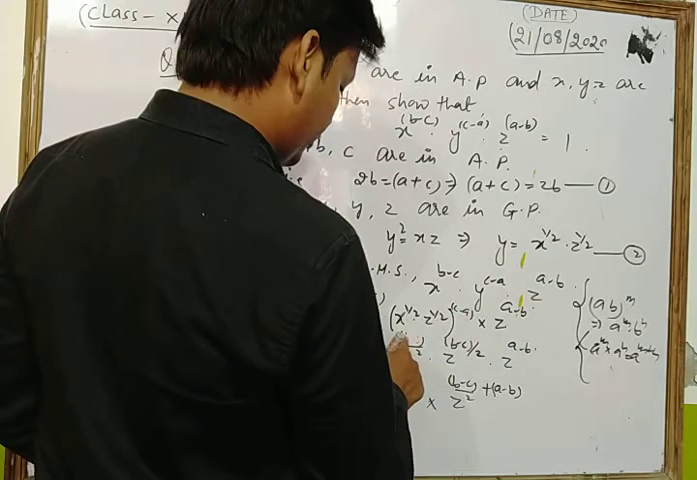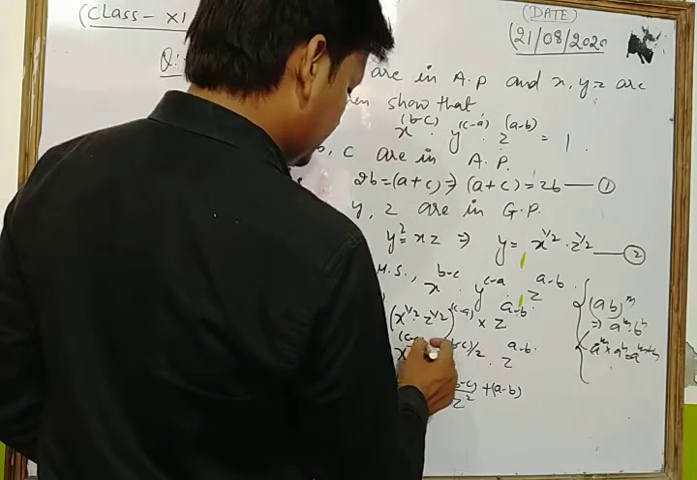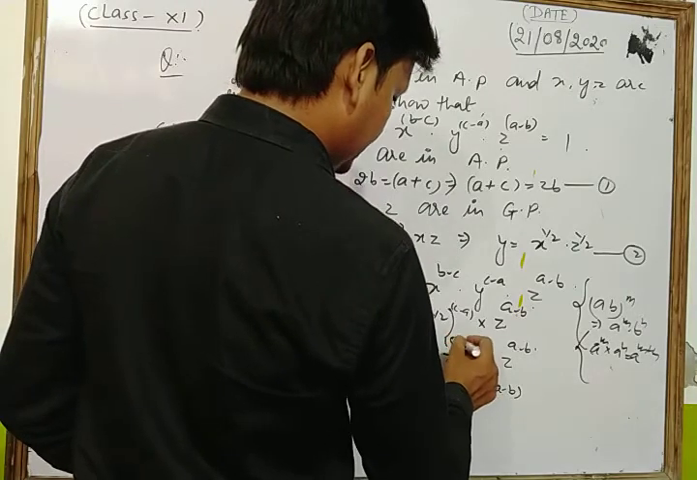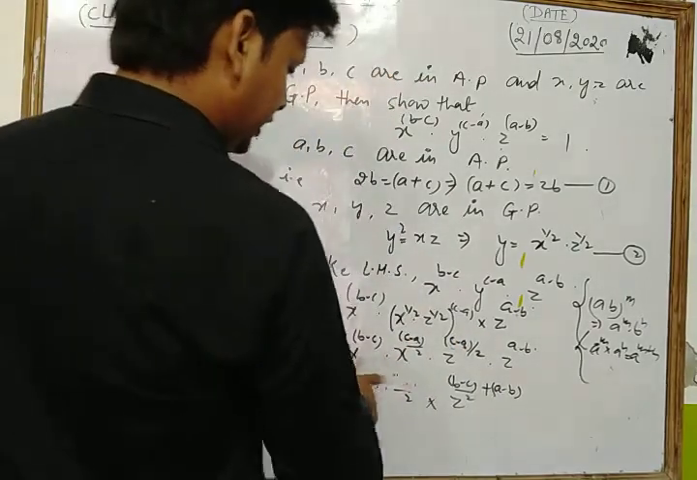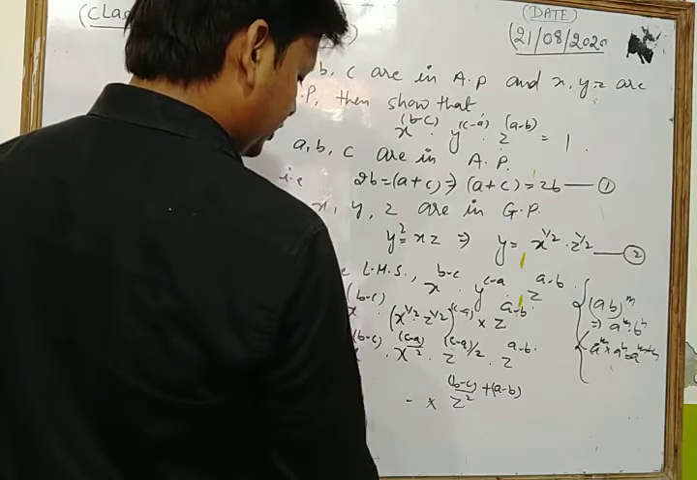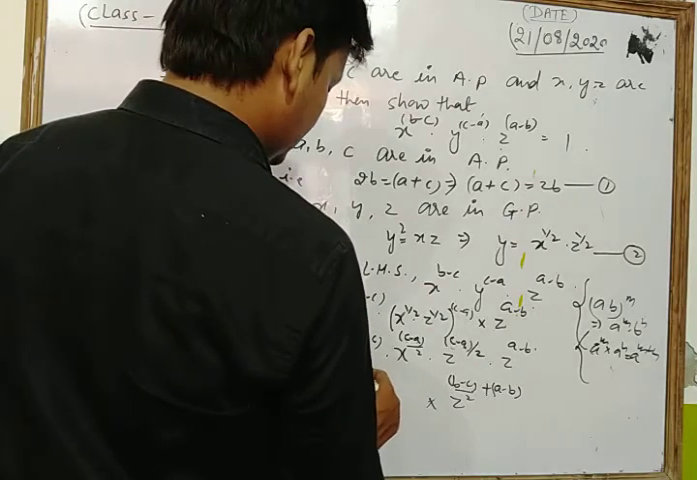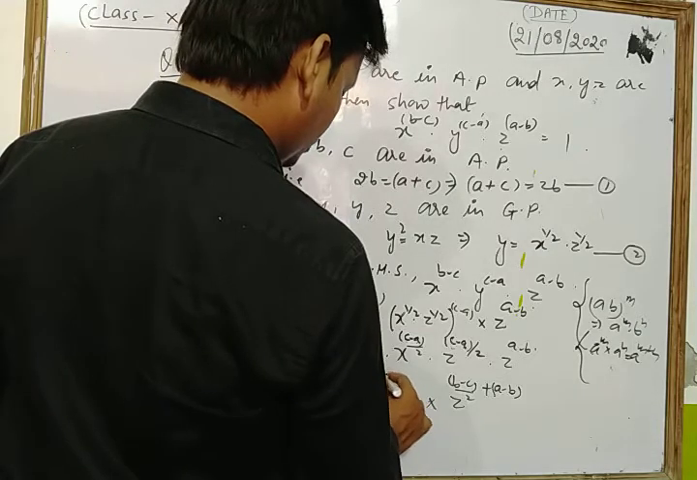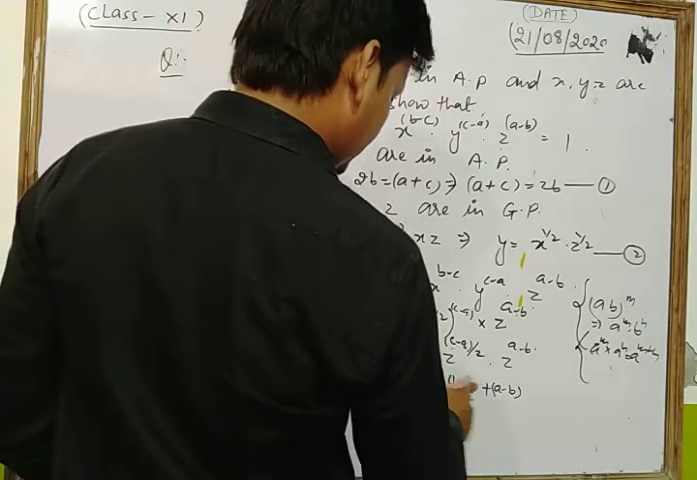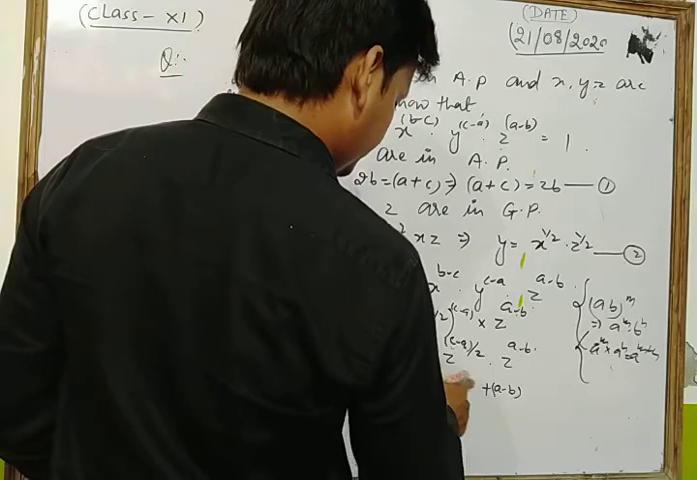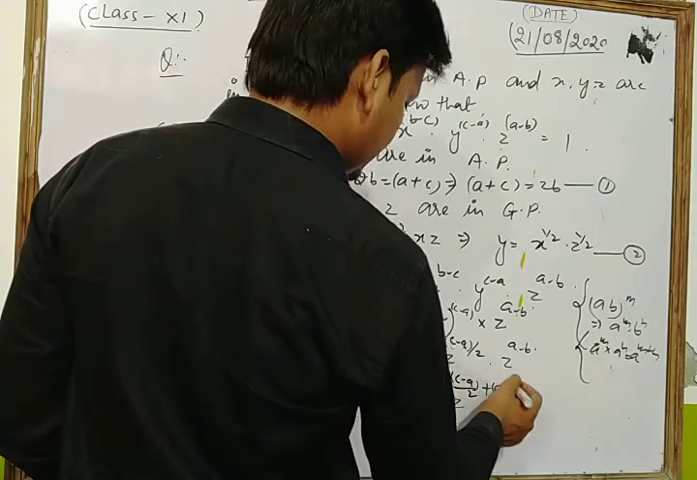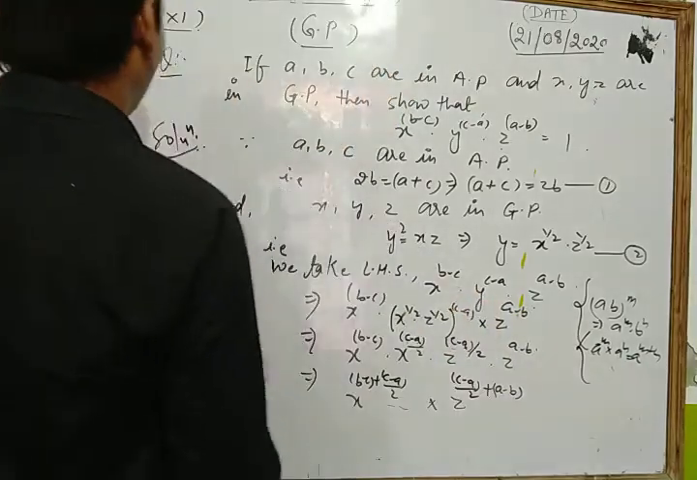So here we have c minus a upon 2, and here already z to the power c minus a by 2. Now if we take the powers as added, we write b minus c plus c minus a upon 2, same as here, we write c minus a upon 2 plus a minus b. Now look,